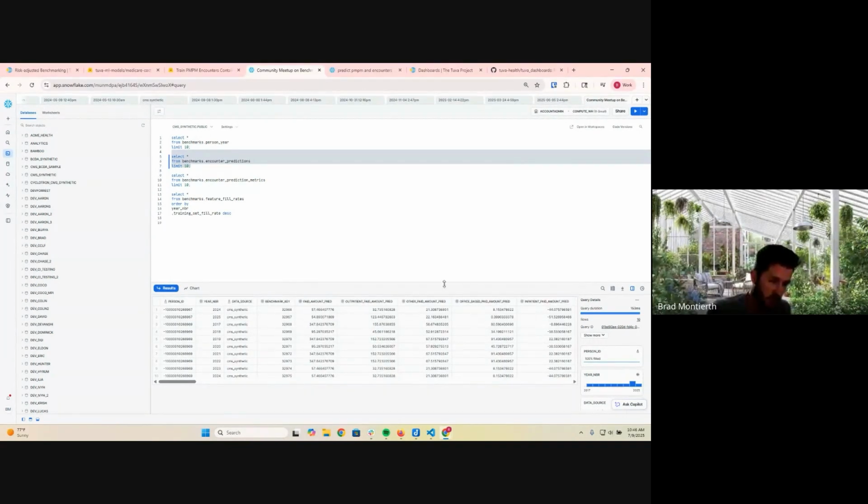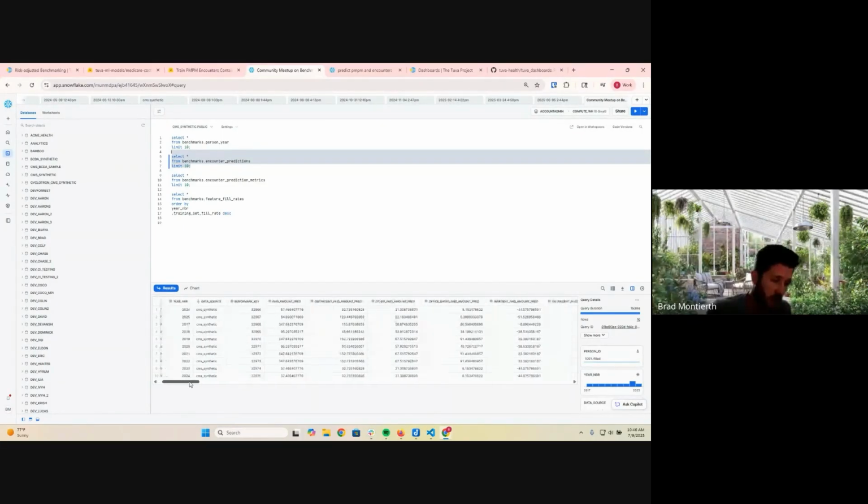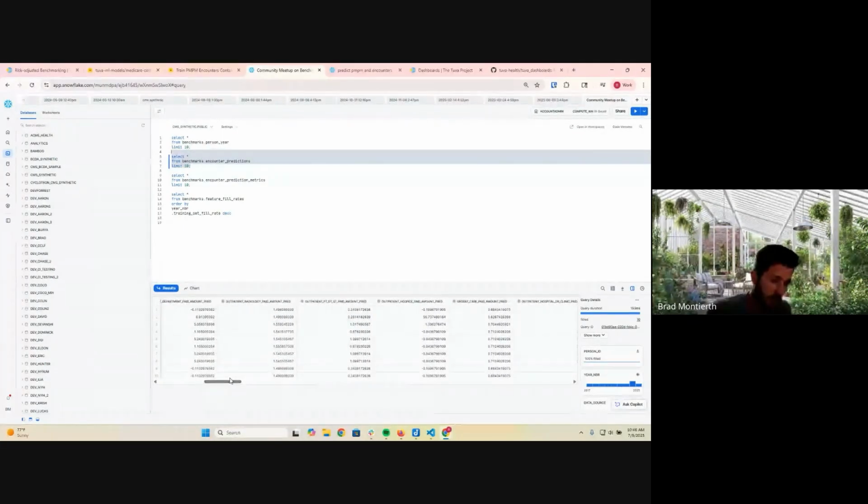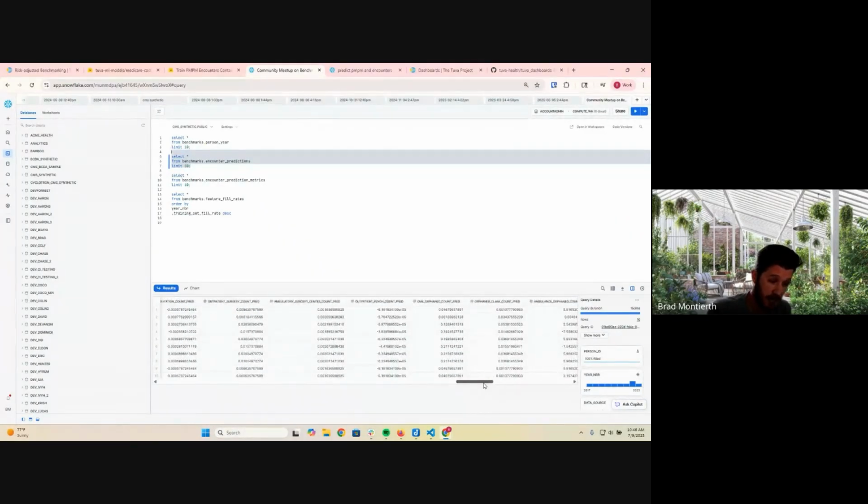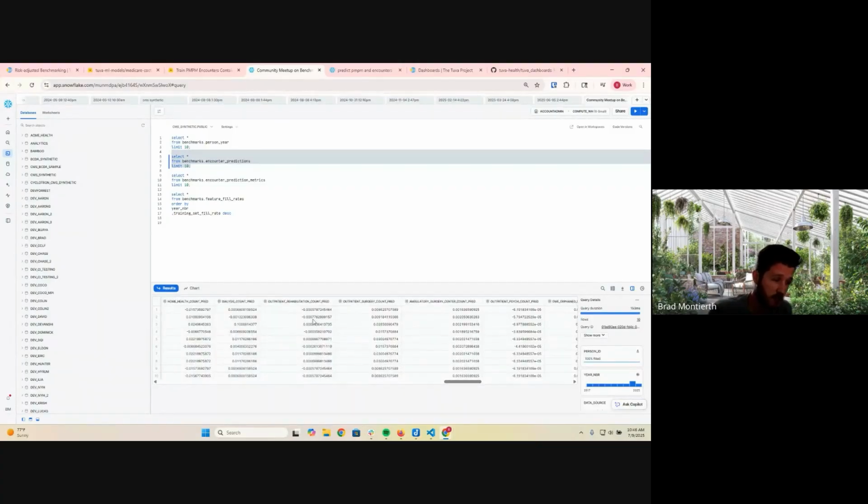Here's predictions for each of the encounter groups. And then we'll have the 30 or so odd encounter types that we're predicting for, as well as encounter counts, like I mentioned, for calculating your PKPYs. Those will be all the columns that have count as a suffix appended to the name.